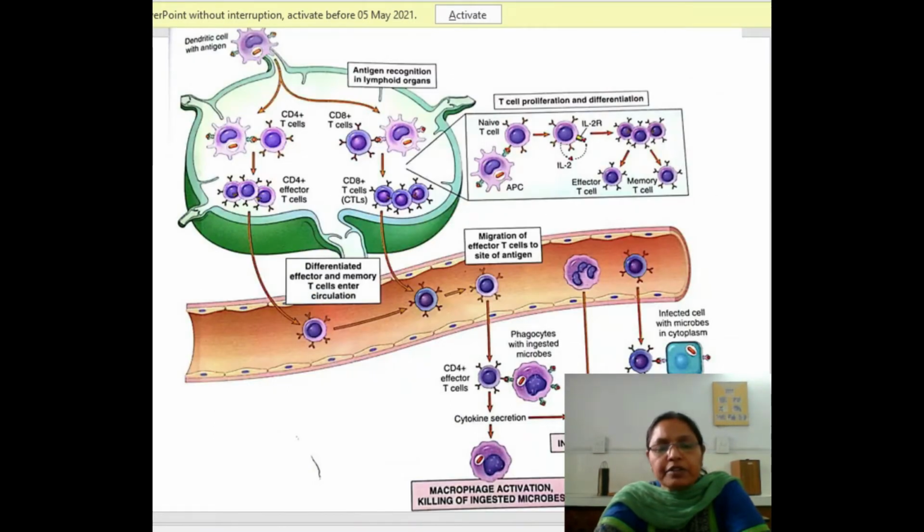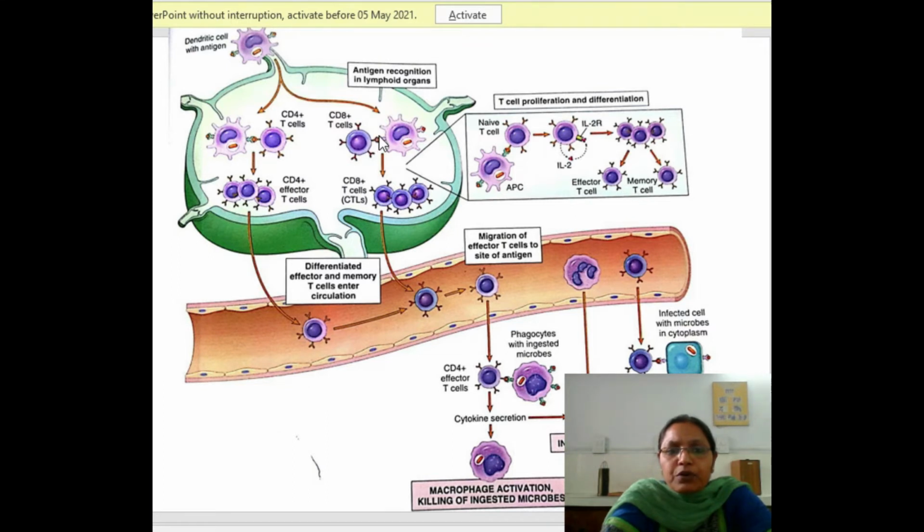And these are the cellular events in which, as soon as the antigen comes in contact with our body, the dendritic cells, which are present in the subepithelial tissue and under every tissue, entrap the antigen. The dendritic cells are the most important antigen-entrapping cells, in surveillance of the antigen. As soon as the antigen comes, it binds with the dendritic cells, and these dendritic cells carry the antigen to cells like CD4 cells and CD8 cells. CD4 cells bind the antigen with class 2 and present it to the CD4 T cells.